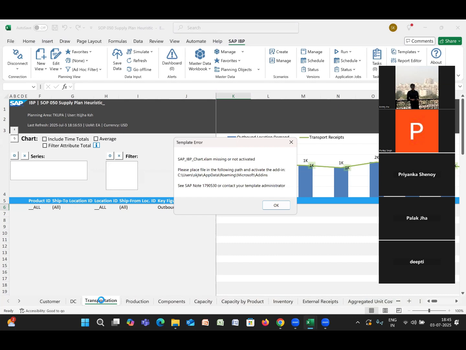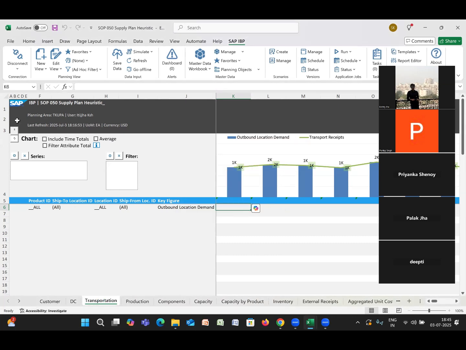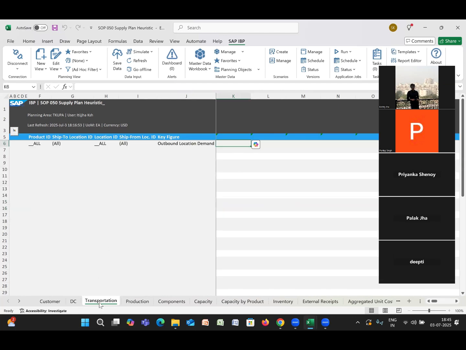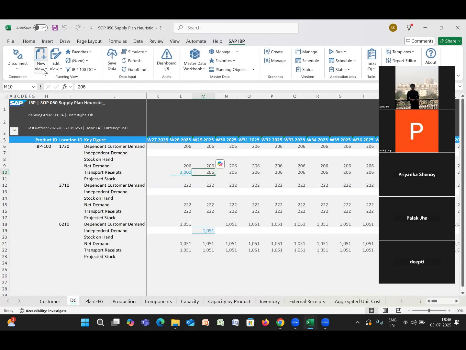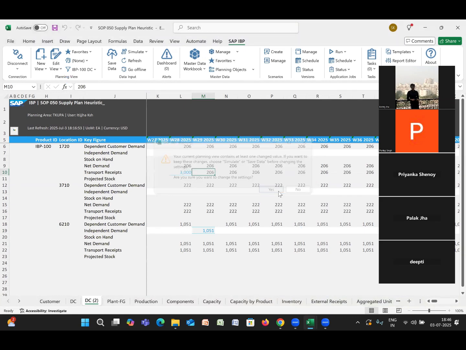So this is plant dash FG. I will make this as plant at FG. For now, let me quickly edit the key figures. So here, our key figures will be